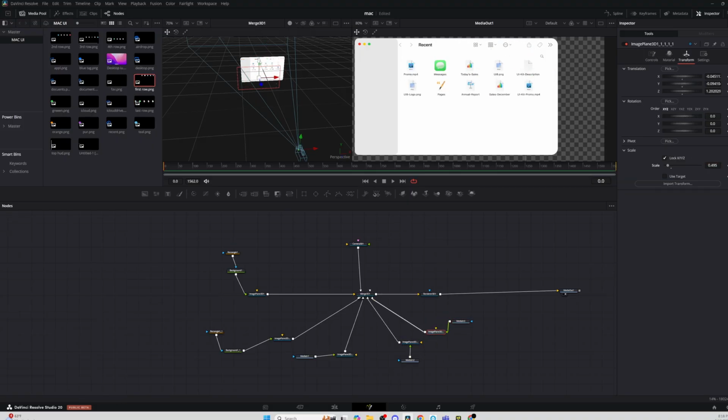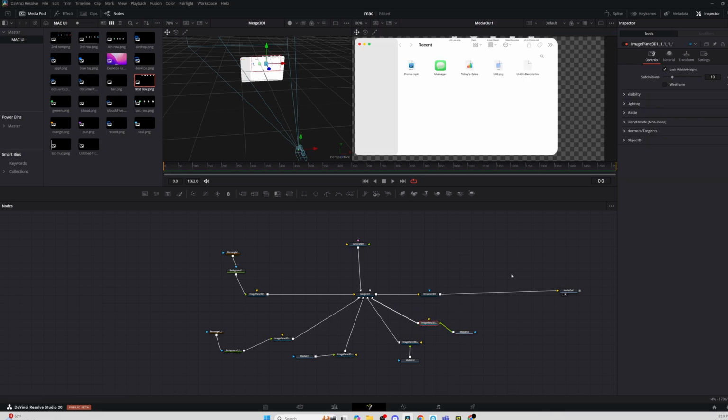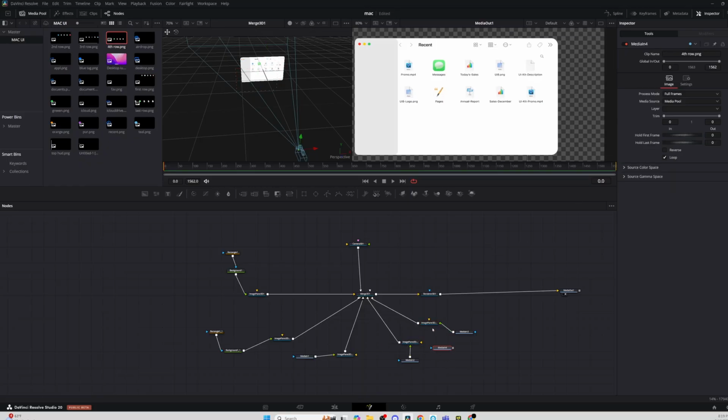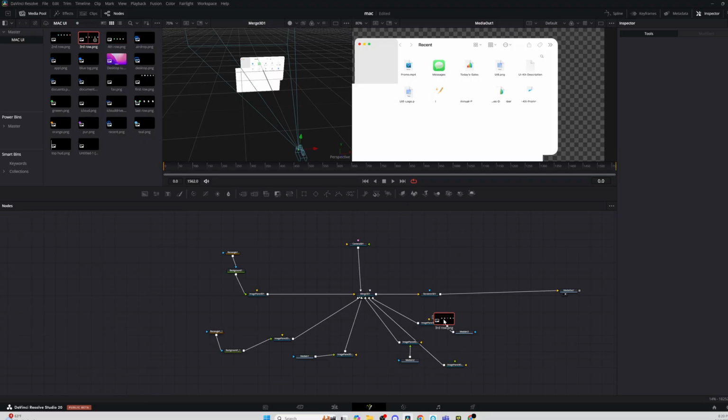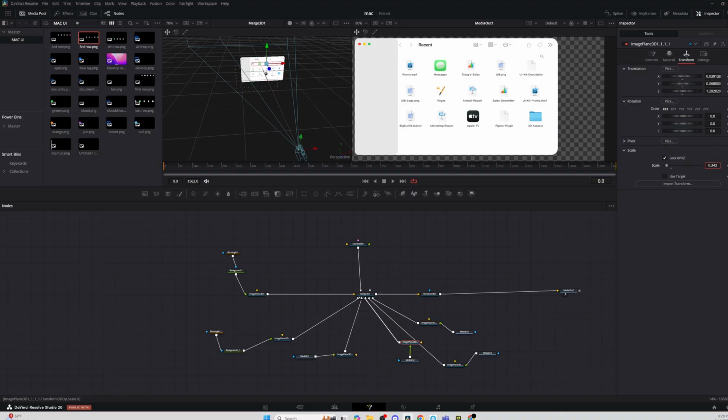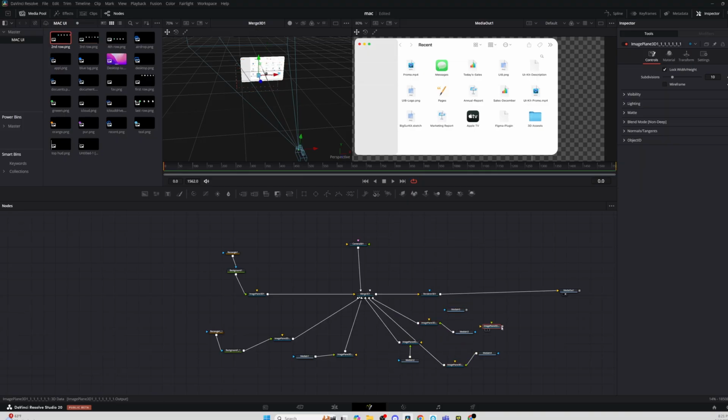So every image plane, an image plane is a node that essentially puts something into a 3D space. You merge it into a Merge 3D and that's it. You merge everything into a Merge 3D. That is it. Put your PNG into your image plane, and then as you can see on the top left of the screen, there's a 3D space and you're able to adjust everything as it is, right? So I'm just literally spamming a bunch of image planes and then putting the PNG into the image plane. And from this aspect, I'm just replicating the Mac UI, putting all the PNGs together essentially near each other